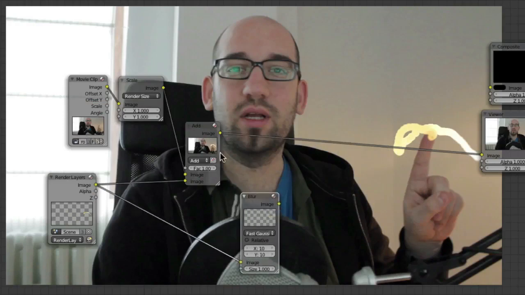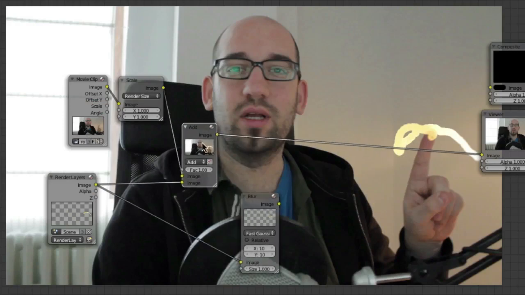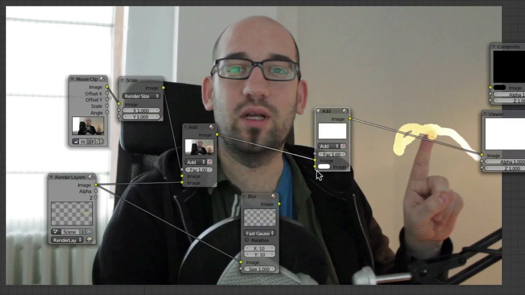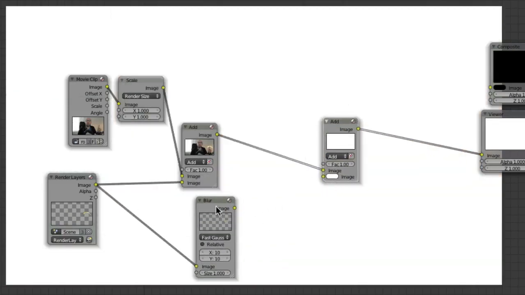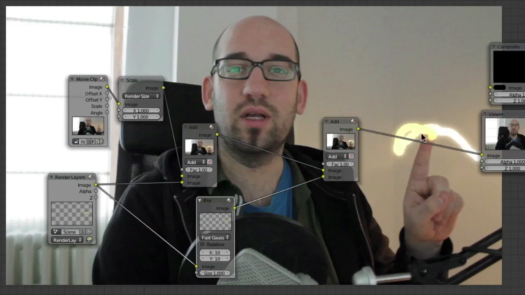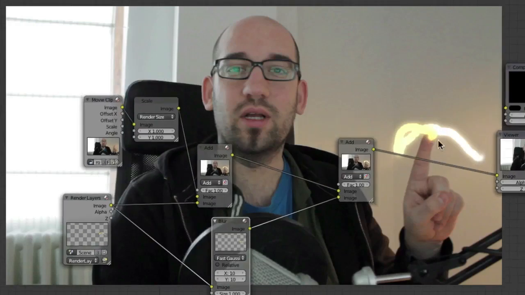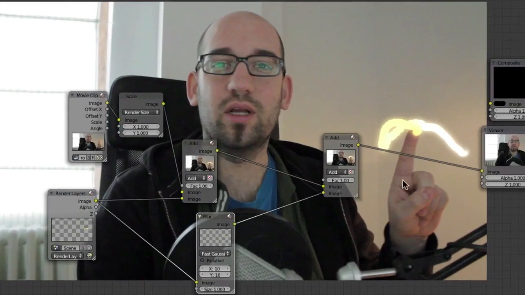And well, since we are adding, I just duplicate this add node with Shift D and drop it on this line. So instead of adding this white color, I want to add the output of the blur. And there you go, we have some glowing light streak here.